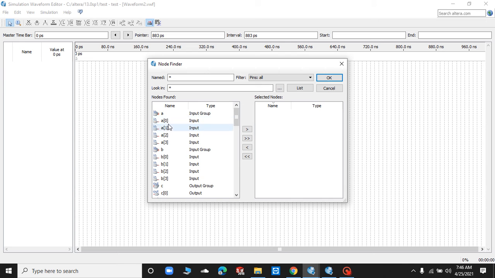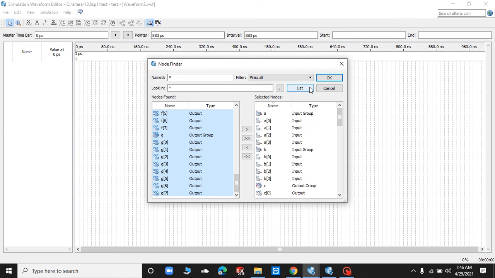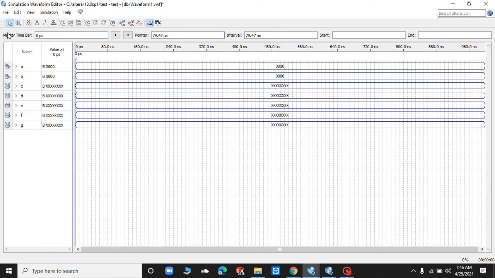Those variables are A, and we have given a length of 4 to the variable A. You can see A0, 1, 2, 3, this is a variable of length 4. Then we have used a variable B, which is also of length 4. Then we have used C. This is a variable of length 8, because we have given the length of 8, 0 to 7. So these are 8 bits, and these are also 8 bits, and so on up to G. We click on this, then click OK and then OK. So this is A, B, C, D, E, and F.